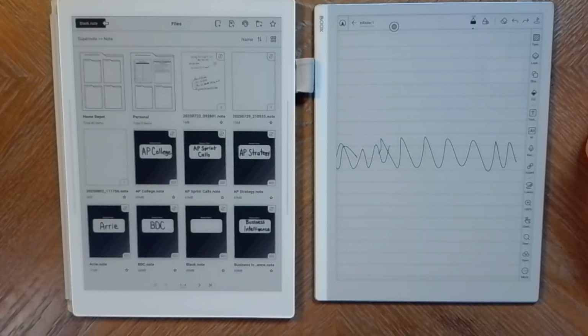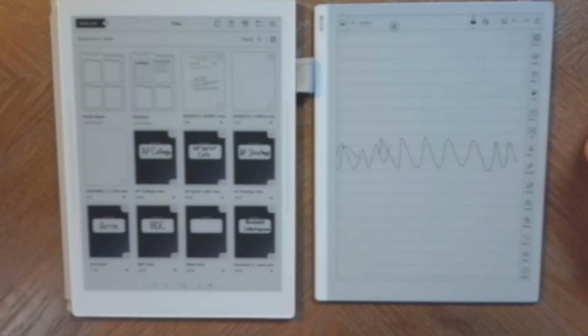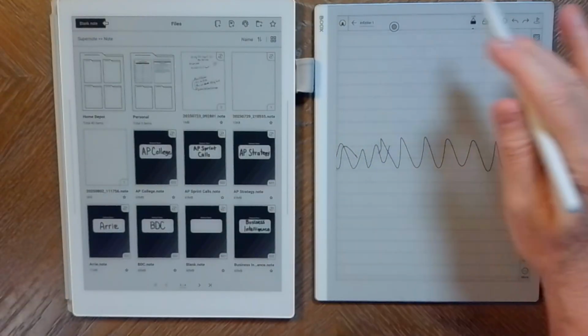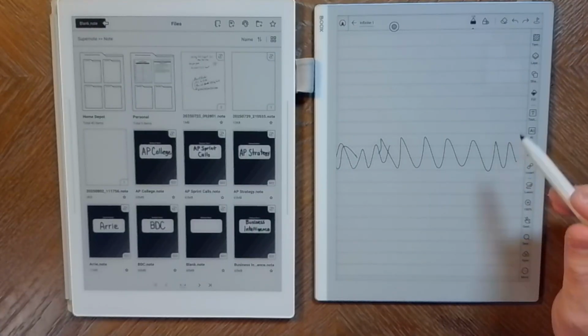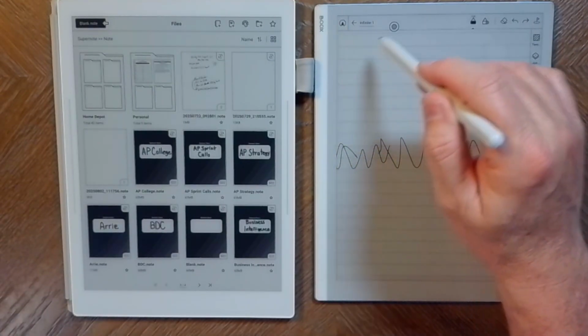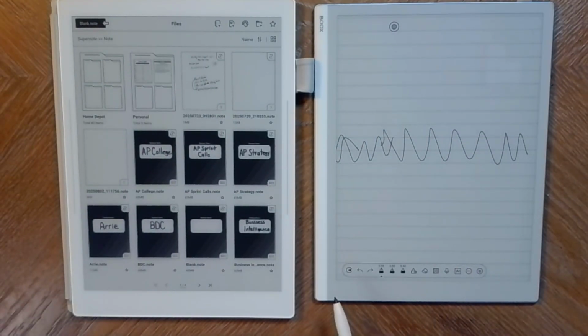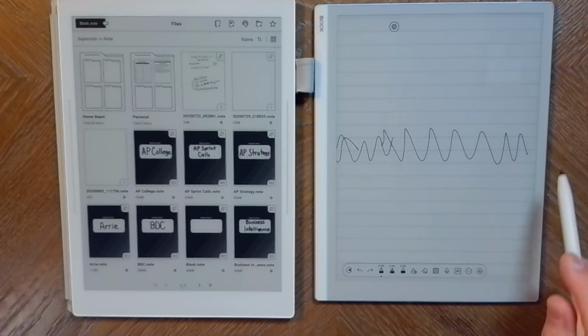So that's a really cool feature of the Boox beta. The next features are toolbar customization and resizable toolbar. When I'm looking at the toolbar here, I do have options. Let me show you. This is kind of like the main toolbar. When you're working in the Notes app, I like to have the toolbar either on one of the sides or